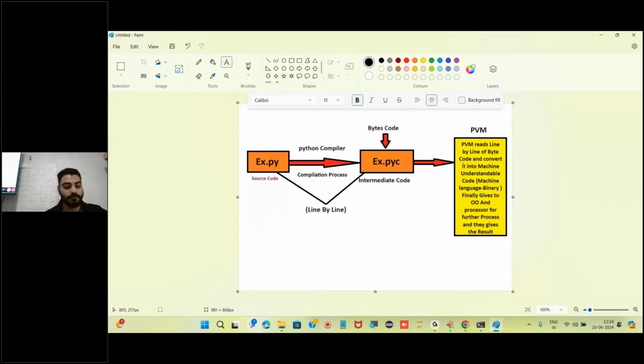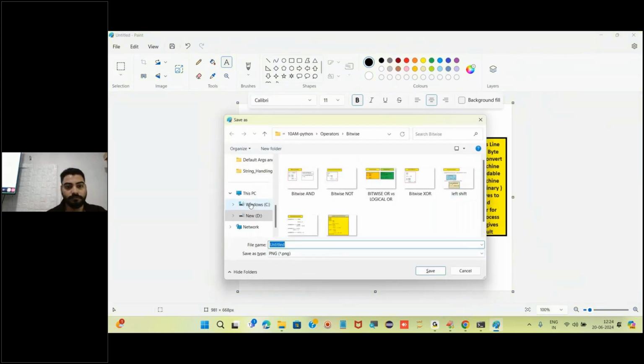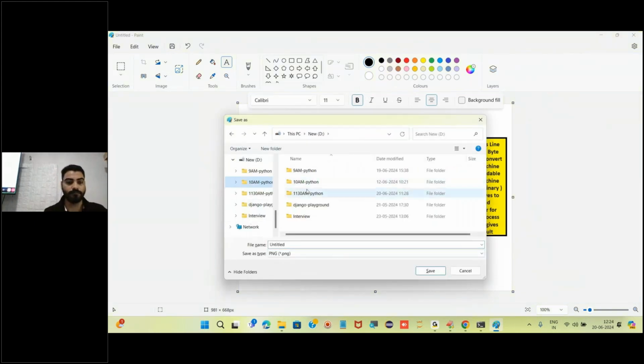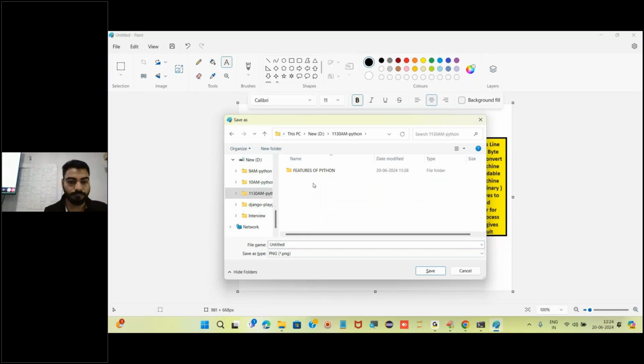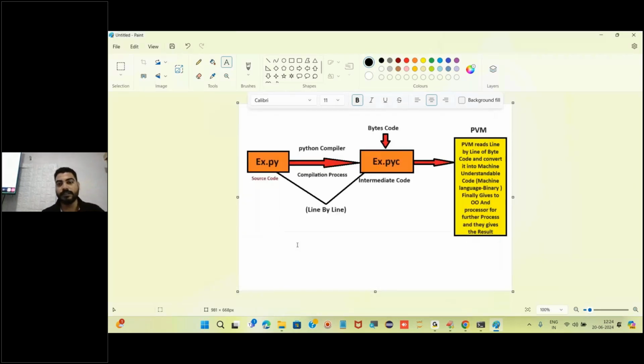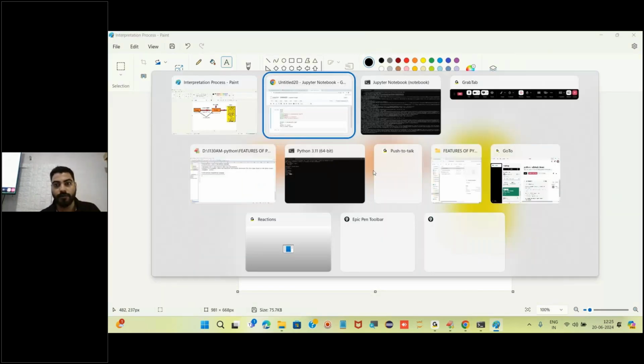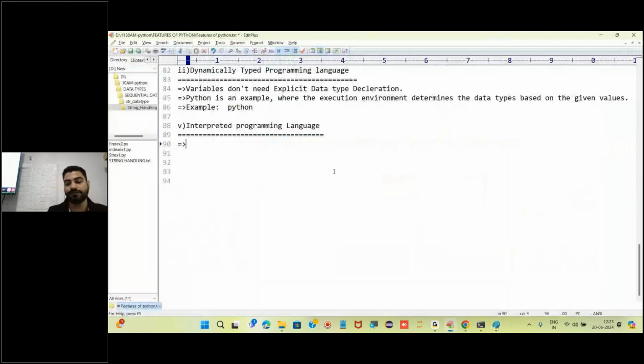Easy it is. This is all about the interpretation process. Okay, tomorrow I will give you the notes for this.